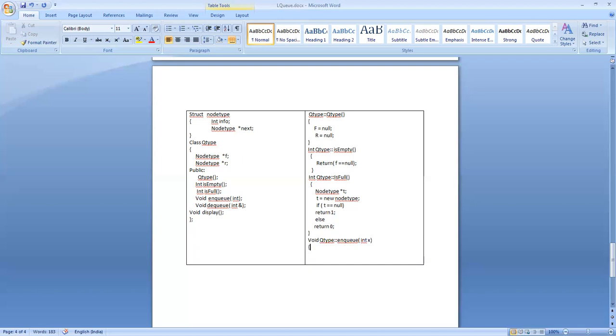What are the things you should bear in mind? You may try to insert into an empty queue. So the new value is going to be the only value if the queue is empty already. In that case, after inserting that element into the queue, my front should be pointing to that new element. The rear also should point to the new element. Then also the rear next should be pointing to null. Front next should also be pointing to null.